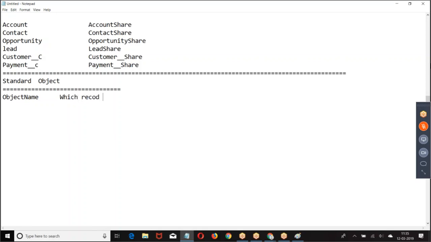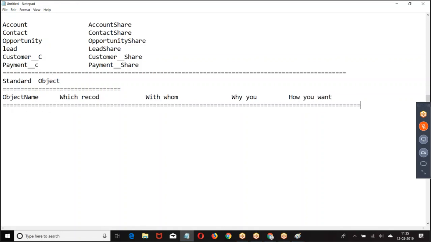Which record you want to share? Why you want to share? How you want to share? When you are sharing a record, there are 4 points.